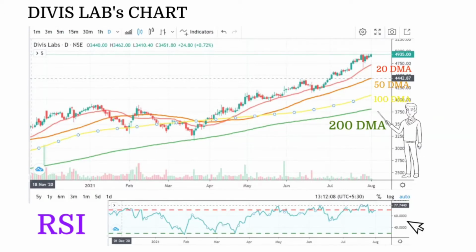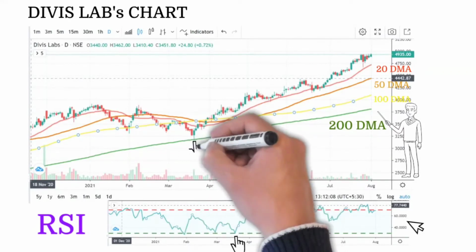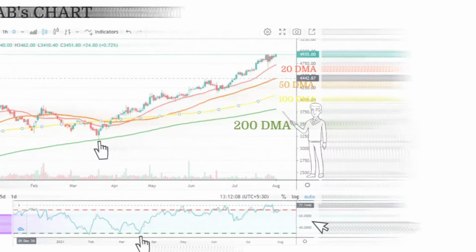So, in order to prove a theory, we need to take an example. Let's take an example when the stock hit the absolute low, which is March to April. The stock hit our lower bound, which is the green dotted line. Now, if we look exactly at the chart between March to April, we'll see a hammer pattern formed at the 20-day moving average. And if we mark it, you will see right after that, the stock rose to its fullest. So, looking at the technicals, we can surely predict the price movement because RSI and daily moving average is a good combination.